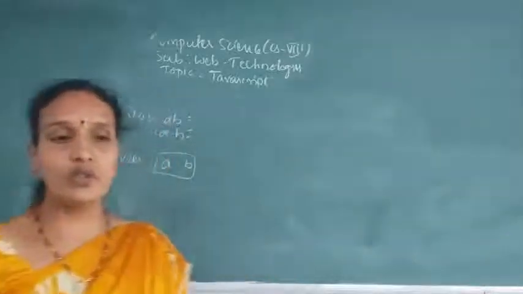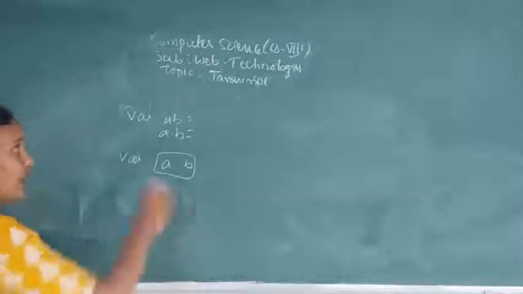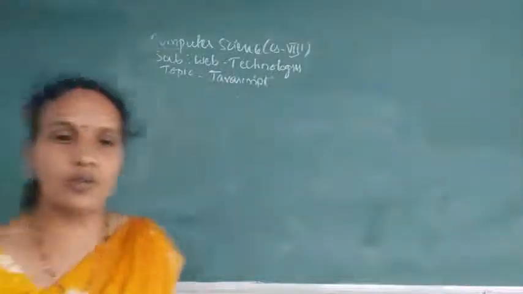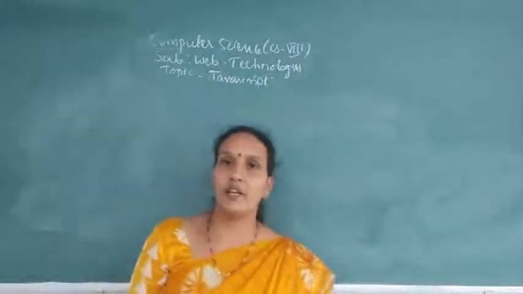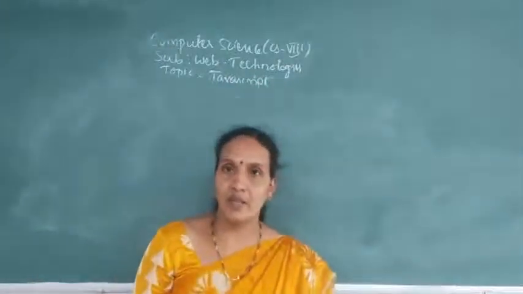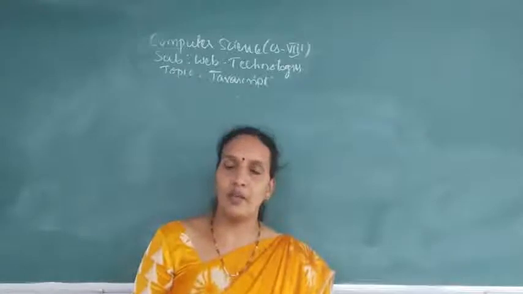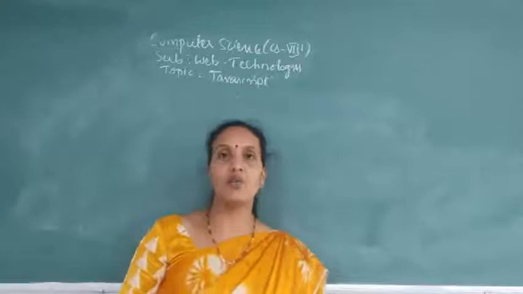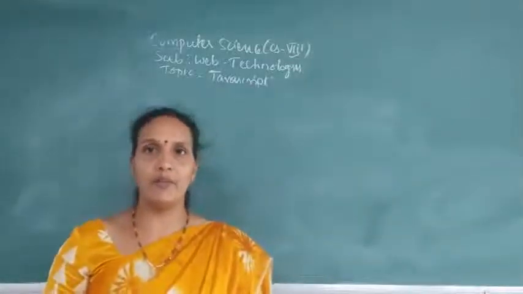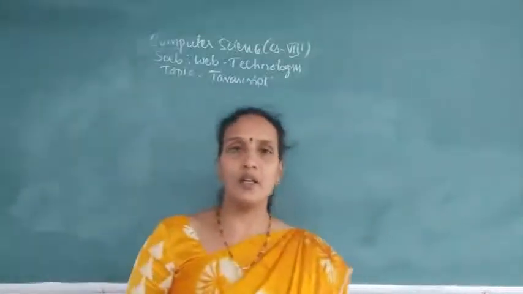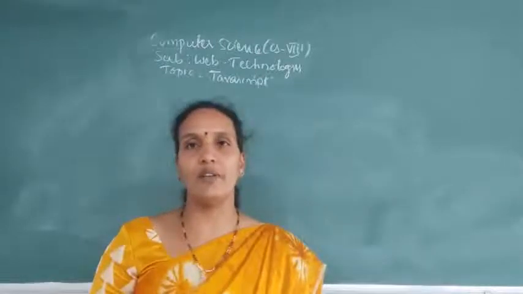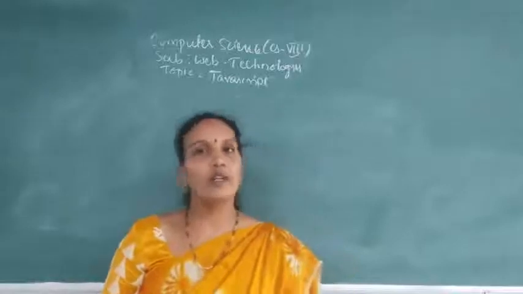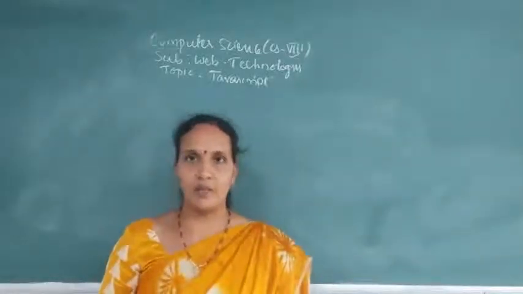So when you are declaring any variable, it is a condition that you need to follow the rules. The first one is that the name of the variable should not start with a digit. A keyword should not be used as a name of the variable. And next, a variable name should be a single word. It should not have white spaces. It should not have any special symbol.